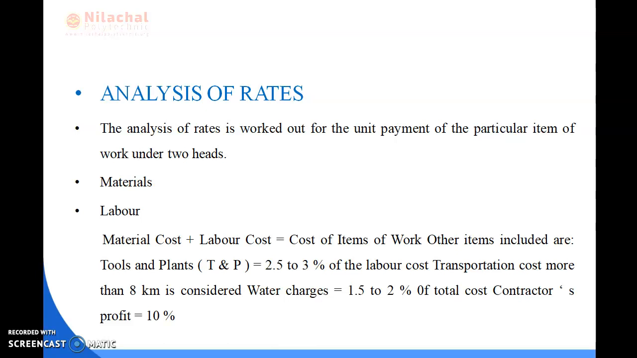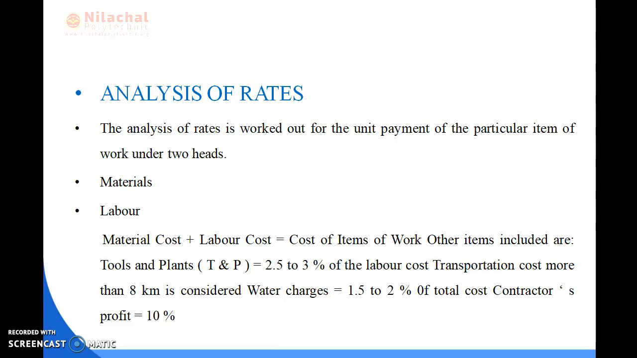In the analysis of rate, the material plus labor cost is equal to the cost of item of work. Other items included are tool and plants, also called T&P, which is 2.5 to 3% of the labor cost, and transportation cost, which we need to consider for more than 8 kilometers, and water charge, which is 1.5% to 2% of total cost of contracts, and contractor profit we consider